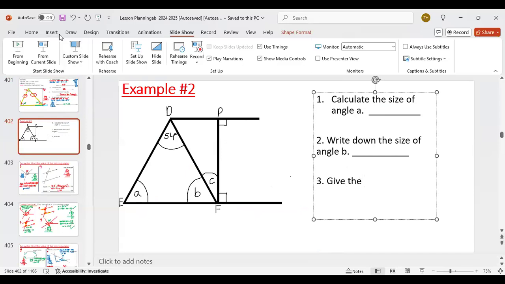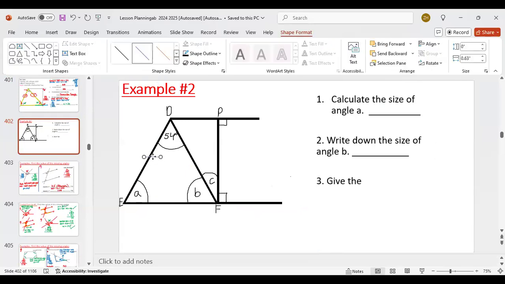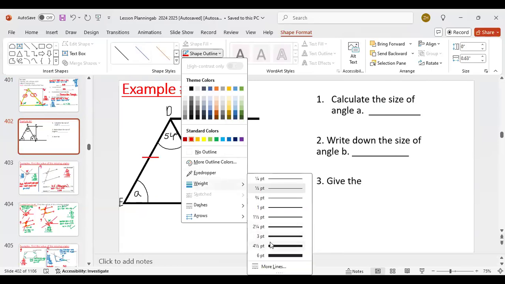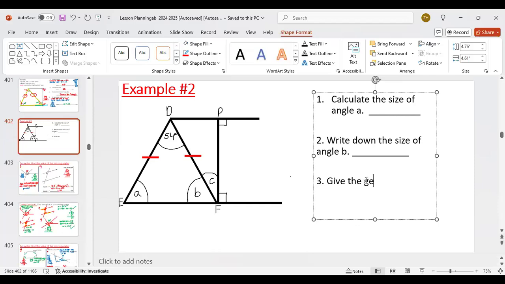You know what we forgot? We have to indicate that these two angles are what? Yeah, we have to put the lines. The lines are very important. What do these lines mean? Both sides are equal. Yeah, both sides are equal. All right. So give the geometrical name